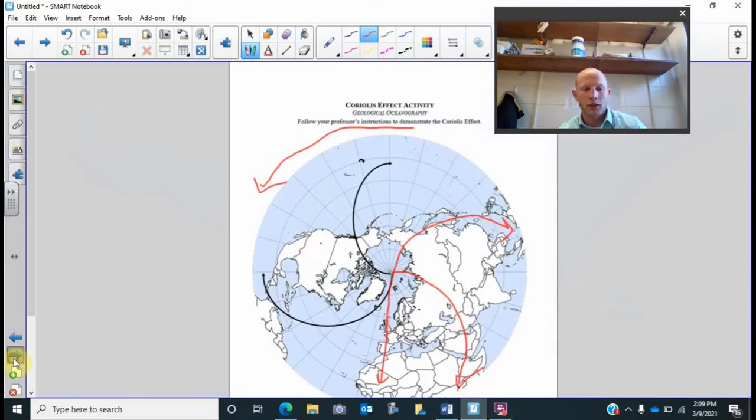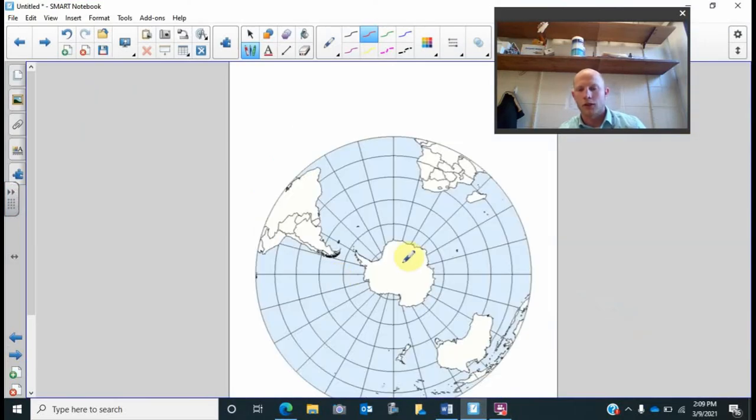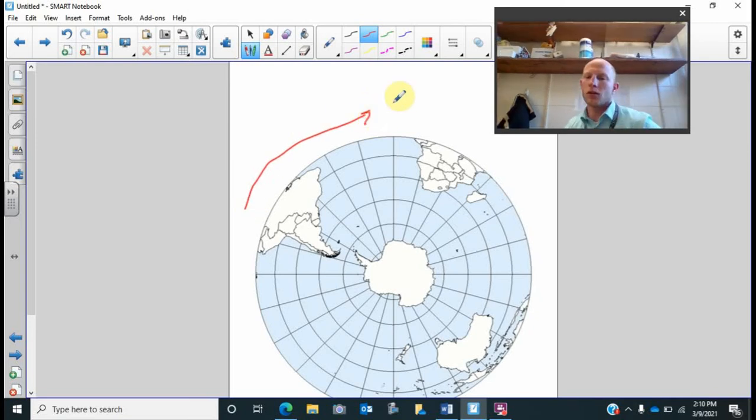So we look at that, but then we also have our southern hemisphere. Our southern hemisphere, when I look at this, I was looking at the northern hemisphere and it was moving counterclockwise. Our southern hemisphere actually moves clockwise. And like I said, this is all about perspective now. And so if we have this ball,